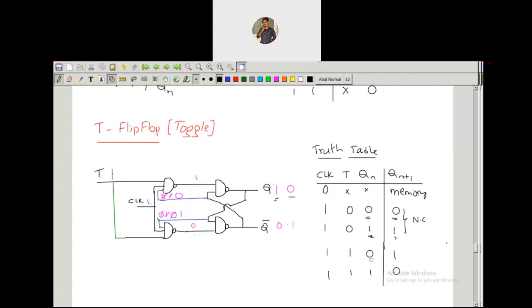So it's the truth table of the T flip-flop, toggle flip-flop. So here you can say that you're getting the complement of the previous output. The T value is 1, you're getting the complement of the previous output. If the output is 0, you're getting 1; if it's 1, it's 0. That is, it's toggling from 0 to 1 and 1 to 0. So it is called a toggle flip-flop. You can observe 0 to 1 and 1 to 0.